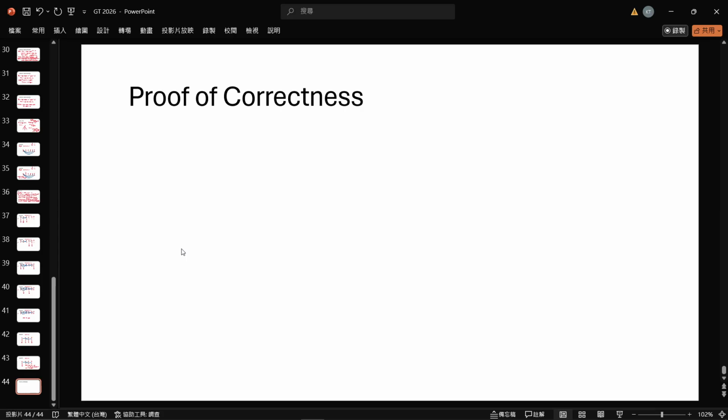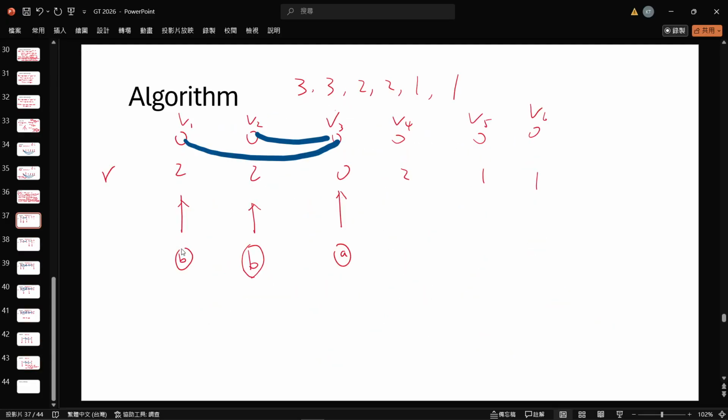So the algorithm will keep shortening the degree sequence, okay? So what we want to prove is that if the original degree sequence is graphical, then the simplified degree sequence is also graphical, okay? So that's one thing. And another thing to prove is that if the original degree sequence is not graphical, then after the simplification, it is still not graphical. So it's like we preserve the answer after we do the simplification, OK？